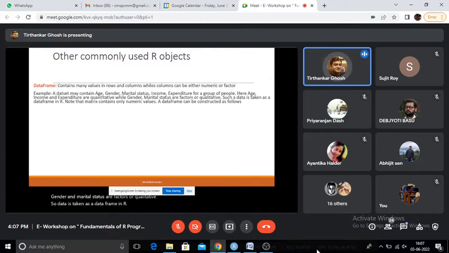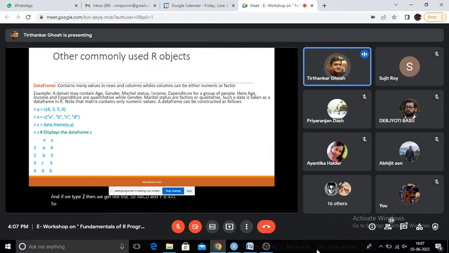And as I mentioned earlier, note that a matrix contains only numeric values. A data frame can be constructed as follows. Let's say y is a vector, x is a vector of characters, and z we can define as a data frame: data.frame(x, y), and if we type z, then we get a b c d and y is 4 3 5 4.